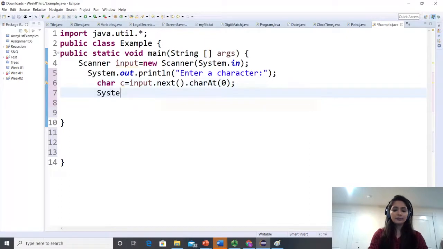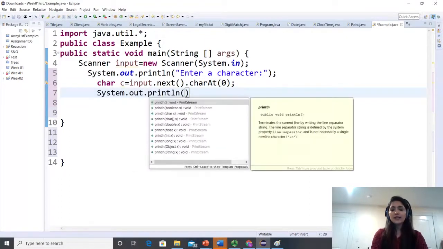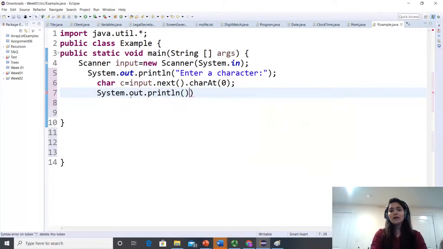If the user follows my statement and enters a character, that first character will be at the 0 index and it will automatically give me the first letter. So System.out.println, the string, the concatenation operator, and c, and end my statement with a semicolon.